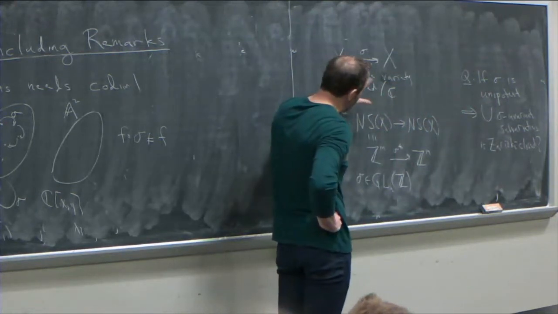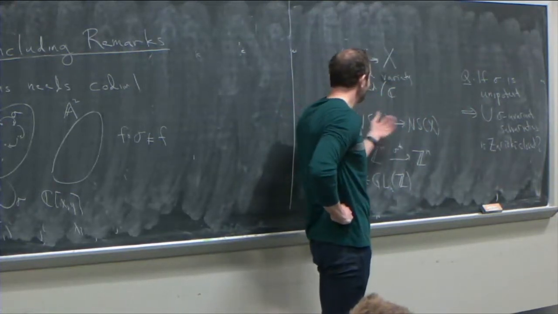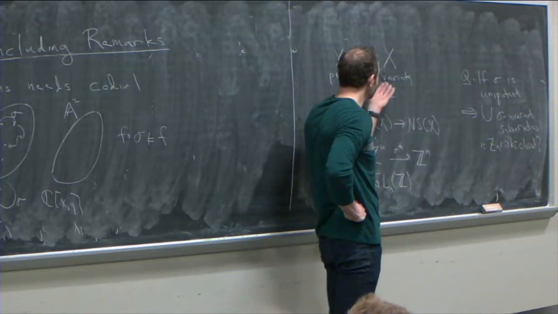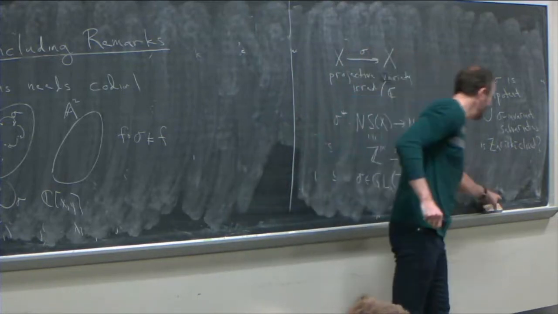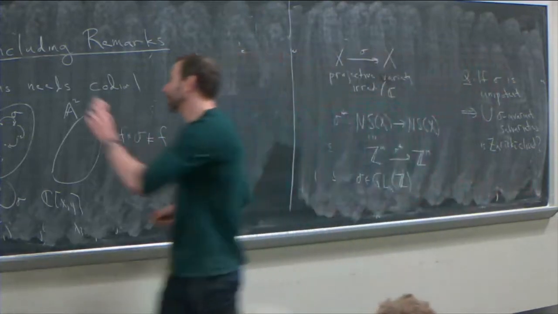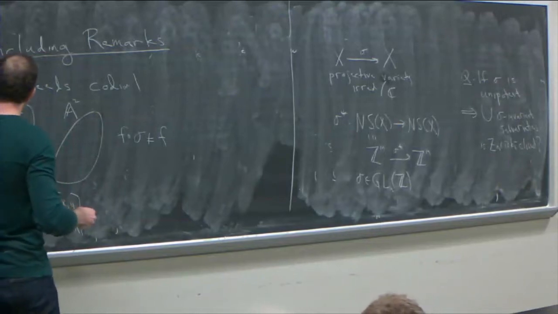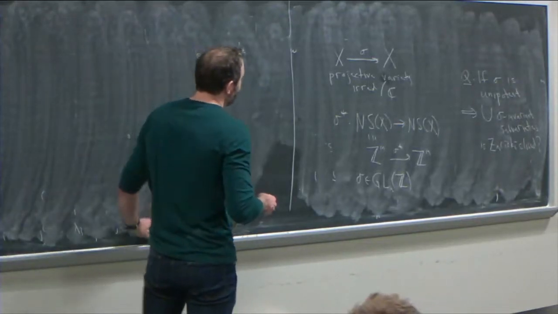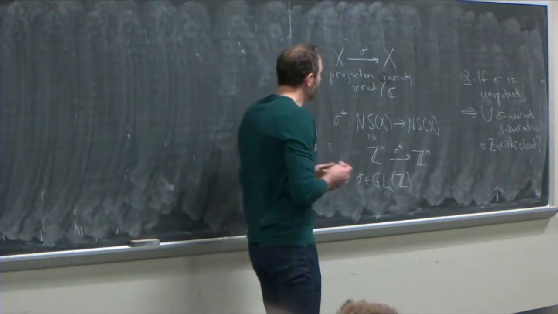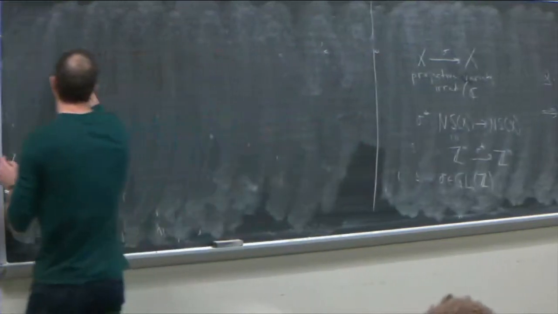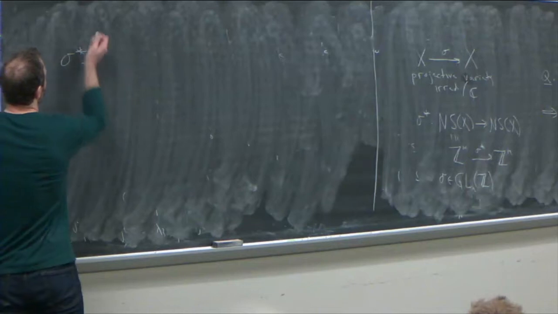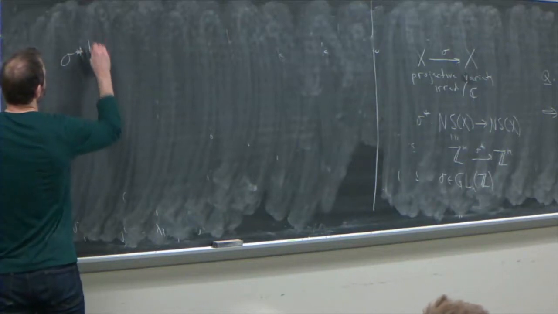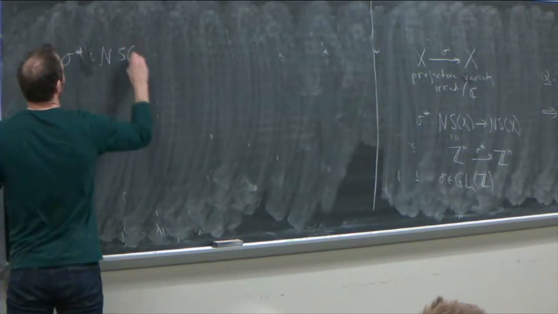So somehow this unipotence should say that the ring is Noetherian. Noetherian rings are pretty well behaved, and we generally expect some condition like this to occur in that case. I'll say one more thing, one more piece of evidence, and then I'll conclude, is that if we say even beyond unipotent, if we look at the case where sigma star, the induced action on NSX, on the Néron-Severi group,